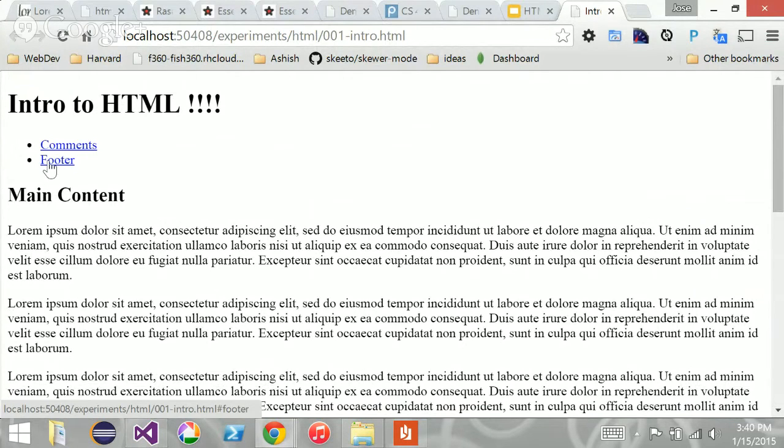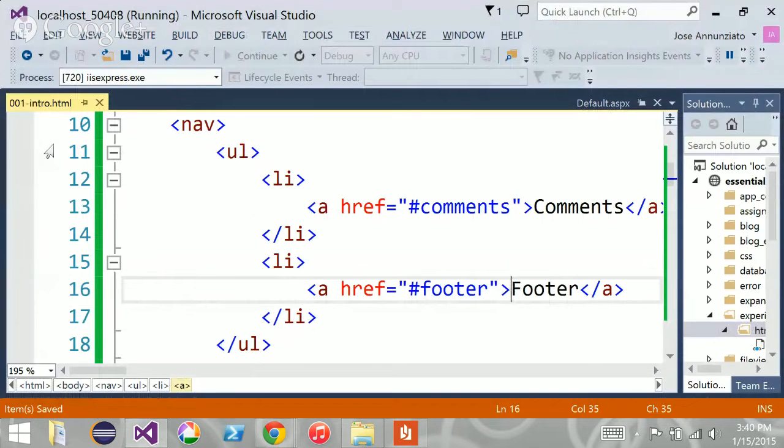That means that it's not going to leave this page. It's going to stay in the same page. It's going to jump to those sections. Notice that if I click on them right now, it doesn't do anything, because I have not told it where the comments are, where the footer is. The way we tell it where they are is to use another